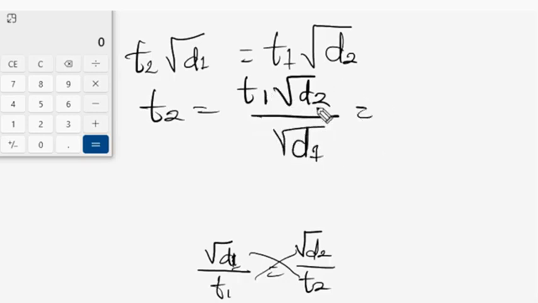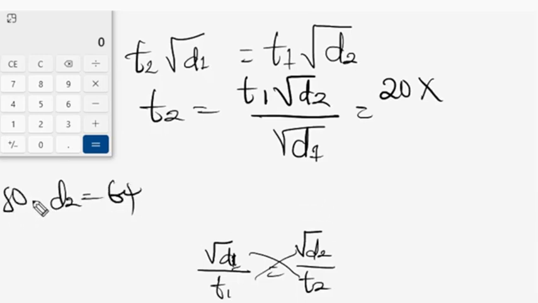So here t1 is 20 seconds, and then root d2 is going to be root 64 from what we got. Remember we got d2 to be 64. That's for sulfur dioxide. d2 is for sulfur dioxide. And then for methane, which is d1,